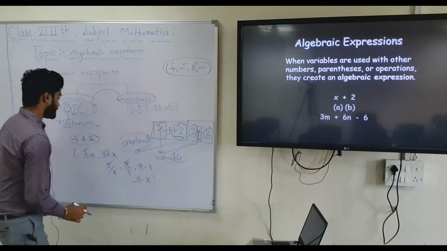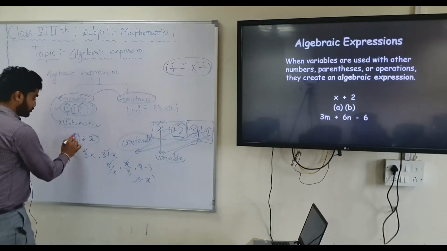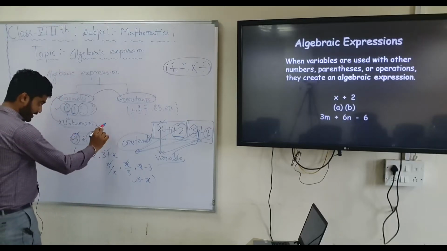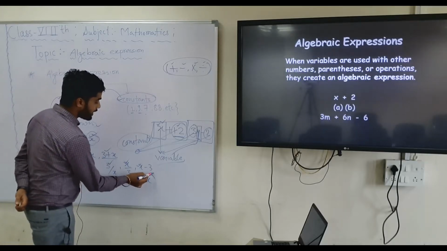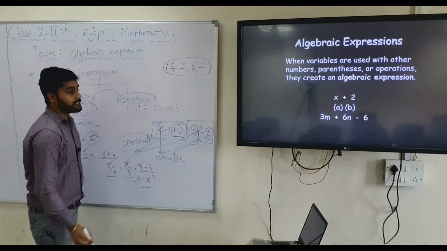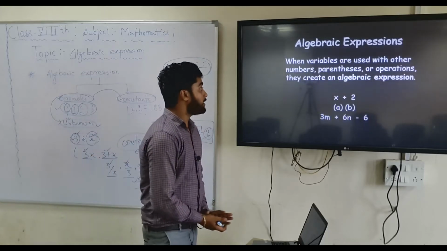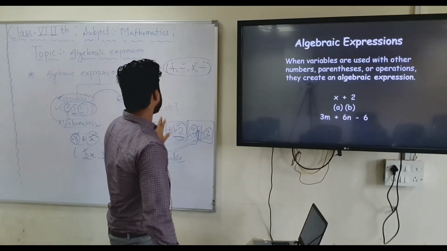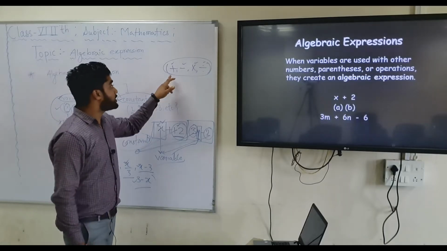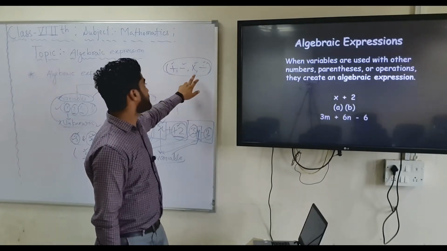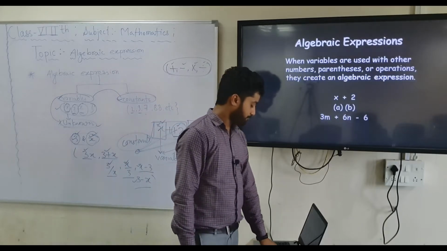Okay, how many expressions did I make with these two, first constant and second variable? 3x, 3 plus x, 3 upon x, x upon 3, x minus 3, 3 minus x. So these are all algebraic expressions because they are combinations of variables and constants, combined with arithmetic signs: plus, minus, divide and multiply.